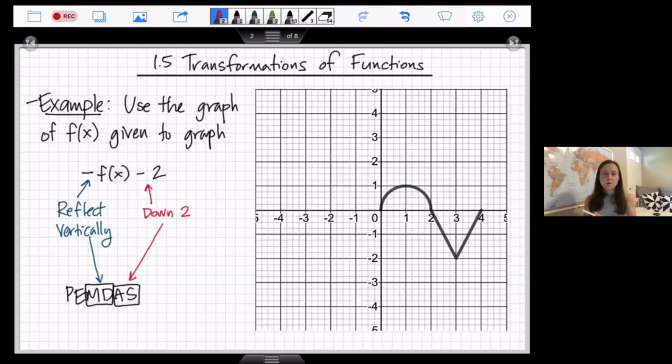So we need to do our reflection vertically first, and then we can move it down 2. Okay, so everything that's above the x-axis is going to come below. Everything that's below is going to get flipped up above. So I'm going to do this in my blue pen. All right, so I'm going to take that semicircle and it's going to flip